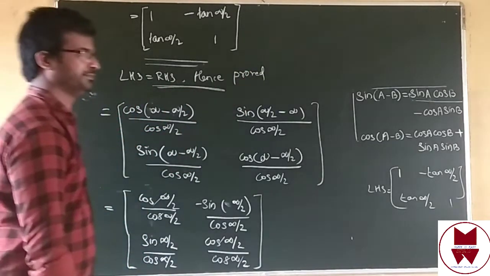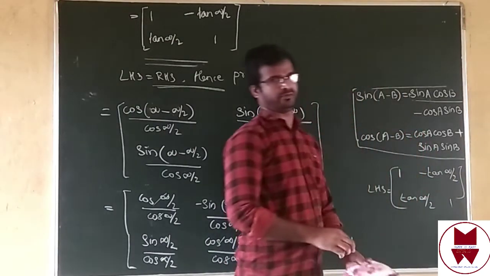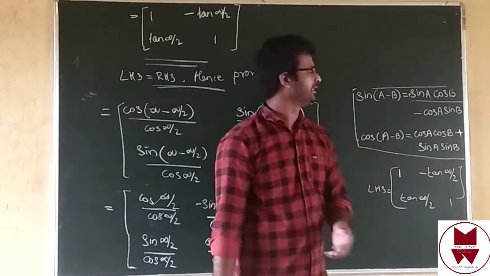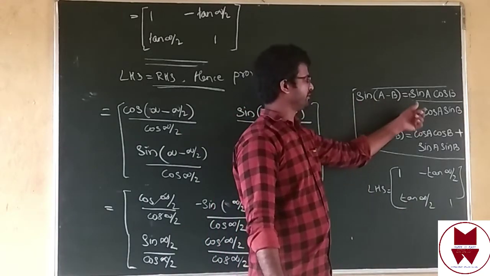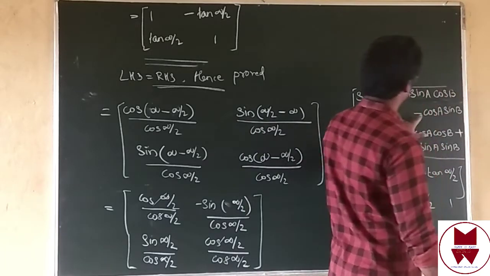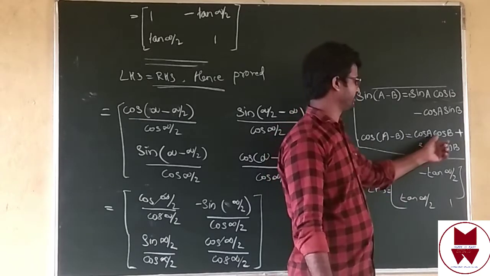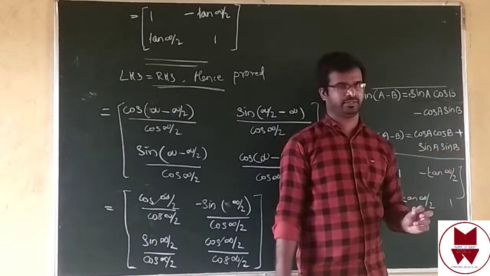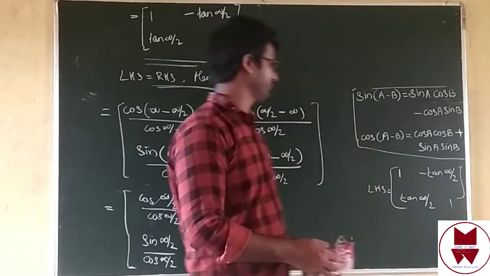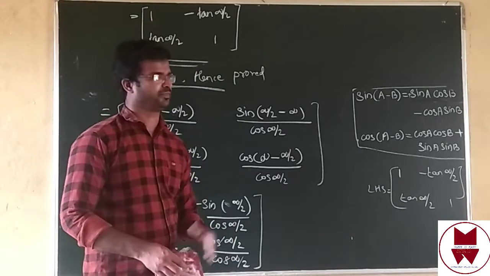this is our answer. Main thing, these 2 formulas. Total 3 formulas. One formula is easy, tan means sin by cos. Then sin A minus B is sin A cos B minus cos A sin B. Then cos A minus B is cos A cos B plus sin A sin B. These 2 formulas we have to study by heart. Then we can do this problem. Very interesting problem. Do it many times.